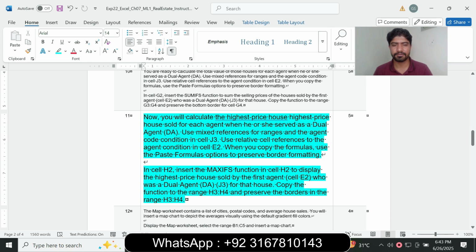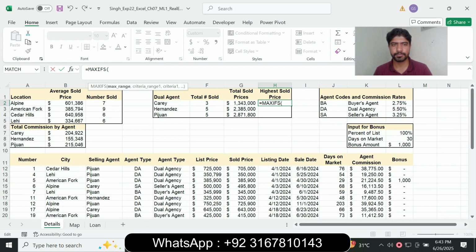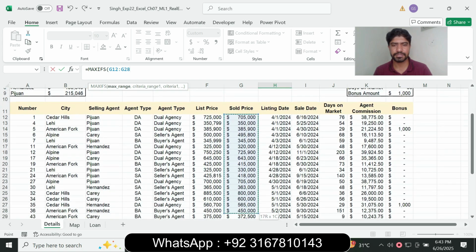Copy the function to the range H3 to H4 and preserve the bottom border in the range H3 to H4. So insert the function in cell H2 with MAXIFS, and the range is G12 to G39, the sold price, G12 to G39,